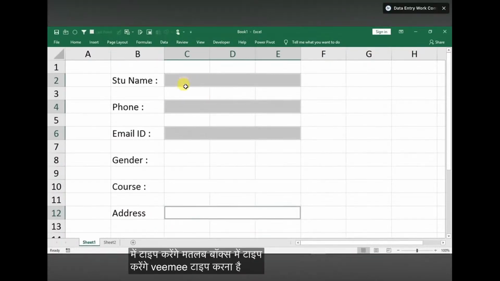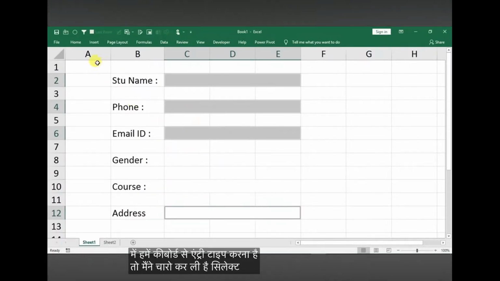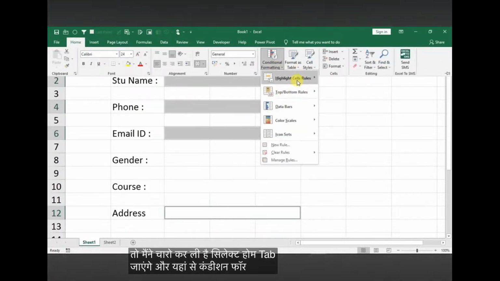तो हम बॉक्सेस में टाइप करेंगे जो भी हमें टाइप करना है, क्योंकि यहाँ पे तो हम मेल फीमेल के लिए ऑप्शन बनाएंगे और यहाँ पे हम लिस्ट बनाएंगे, तो इन 4 सेल्स में हमें कीबोर्ड से एंट्री टाइप करनी है। तो मैंने चारों को सिलेक्ट कर लिया है, होम टैब पे हम जाएंगे और यहां से कंडीशनल फॉर्मेटिंग, हाईलाइट सेल